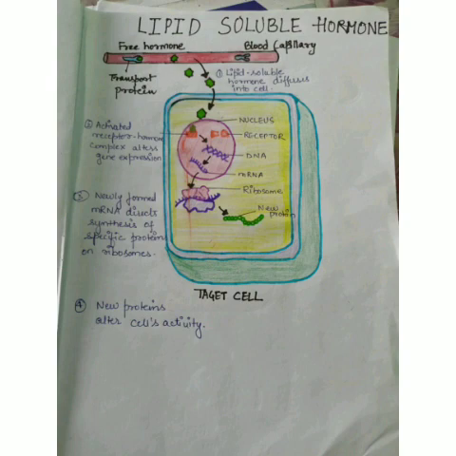Here you can see the diagram of a lipid soluble hormone, where first the lipid soluble hormone diffuses through the plasma membrane and then the hormone binds with a receptor in the cytoplasm. This binding generates a hormone receptor complex that moves toward the chromatin in the cell nucleus and binds to a particular segment of the cell's DNA.